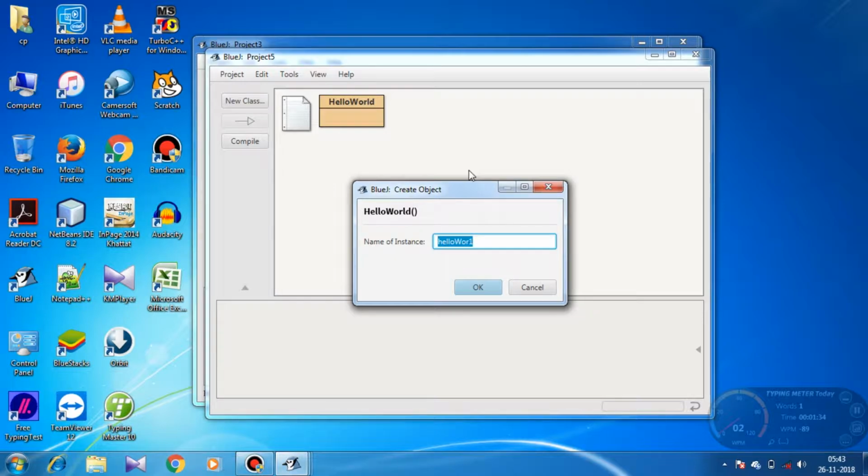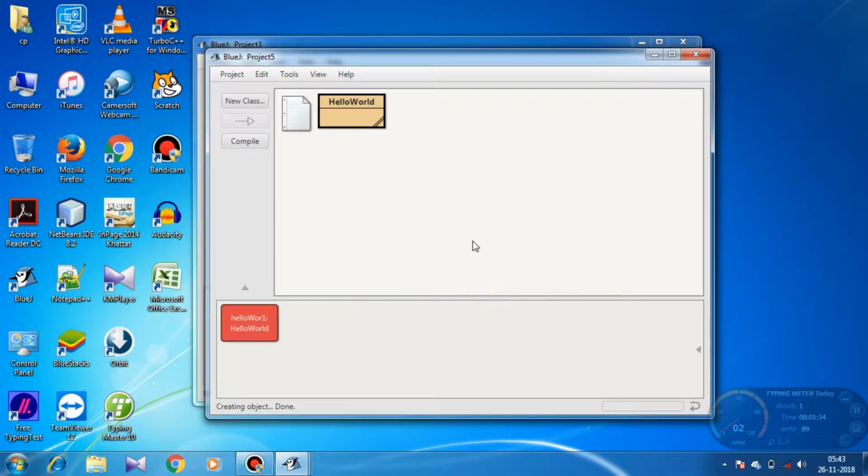Now the create object dialog box will appear, this one. Here we have to specify the name for the new object and then we will click OK. Once we have clicked OK in the create object dialog, BlueJ will create an object with that name and it is shown on the object bench.